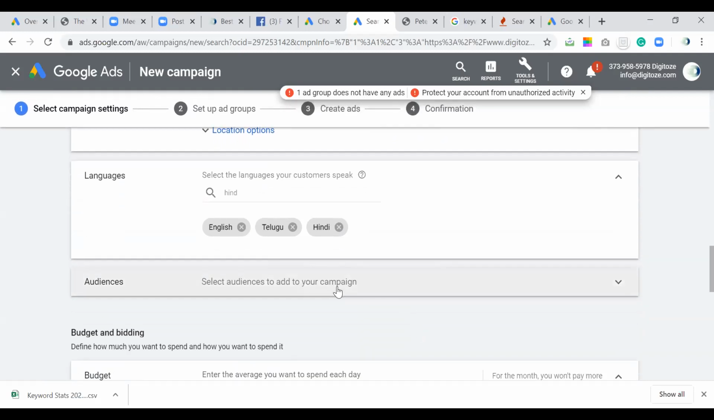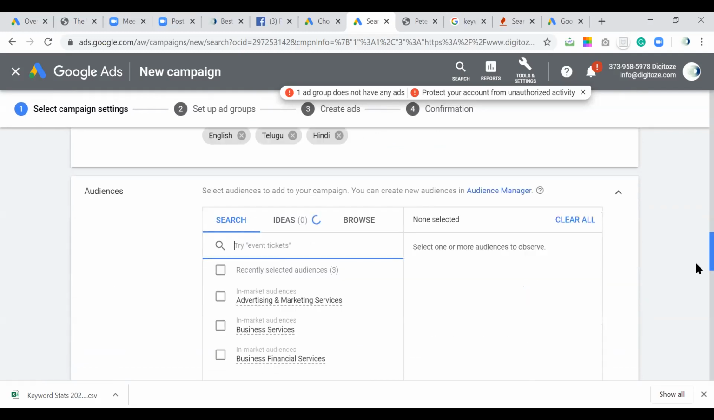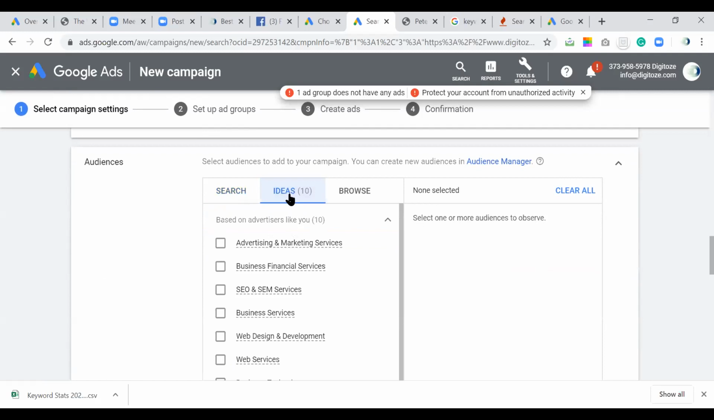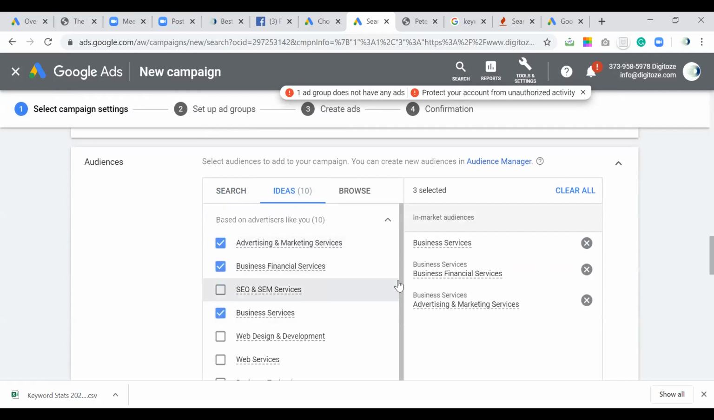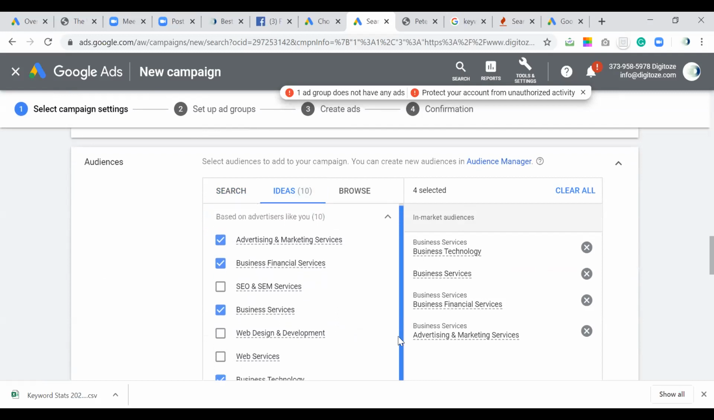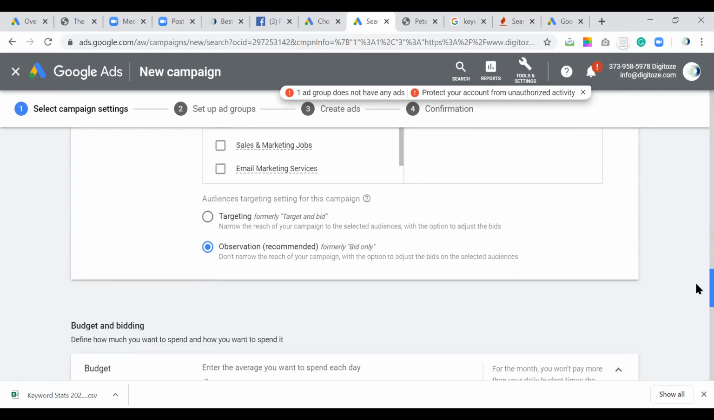Then I have an option to select audience. I have not selected this, but as I was saying, Google will give some ideas. So Google has given these ideas. I can select advertising and marketing services, business financial services, business services. Web I'm not selecting because it will be our own competition. So I'm not selecting those. These are a few suggestions based on Google's suggestion. I'm choosing them. Once I'm done with this,